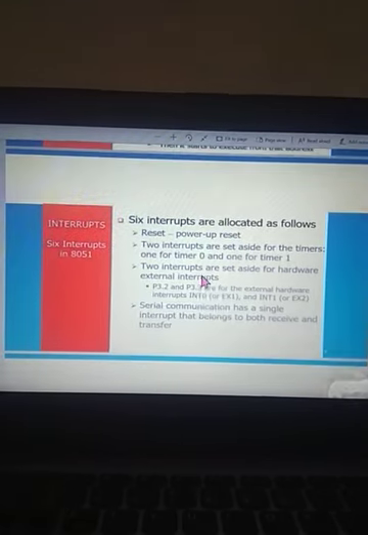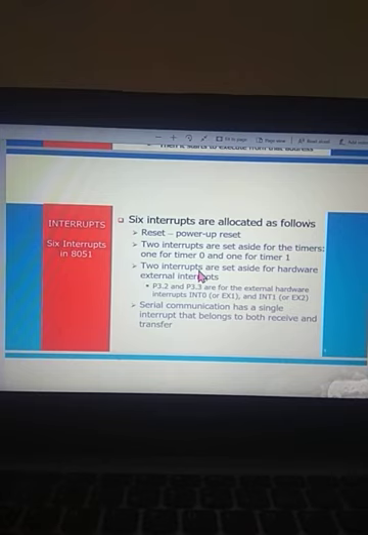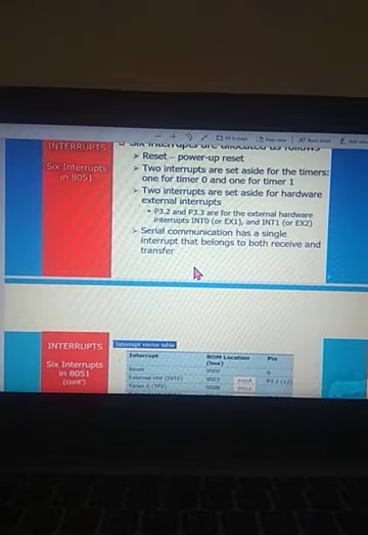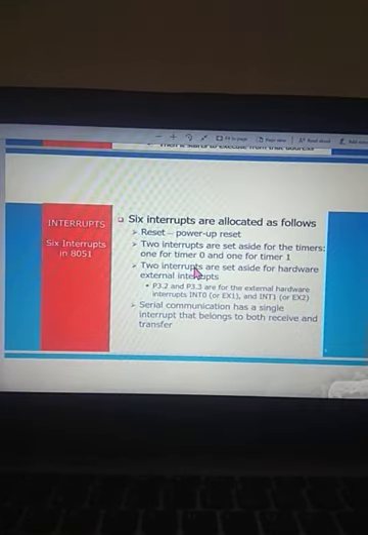Then what are the types of interrupts? There are 6 interrupts. If a question arises like this, what are the types of interrupts, write the corresponding memory location address, that means the interrupt vector table address. So what are the interrupts? 6 interrupts are there.